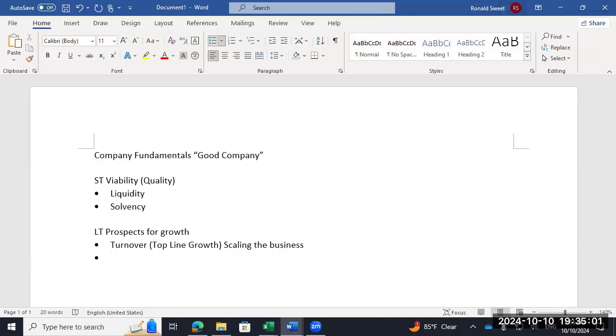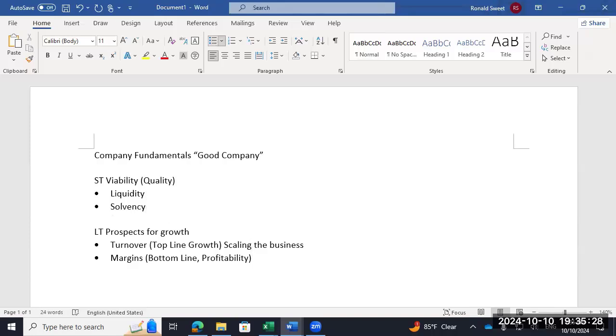We're looking at the top line first. What do you think we look at second? Bottom line, margins. That's profitability. That's where management produces growth. They increase the business or they increase the margins by becoming more efficient, more productive, or a combination of both. And then